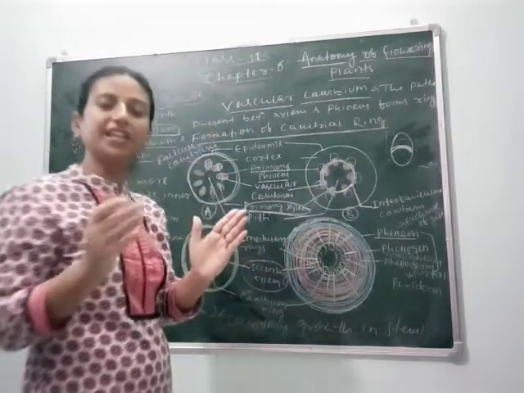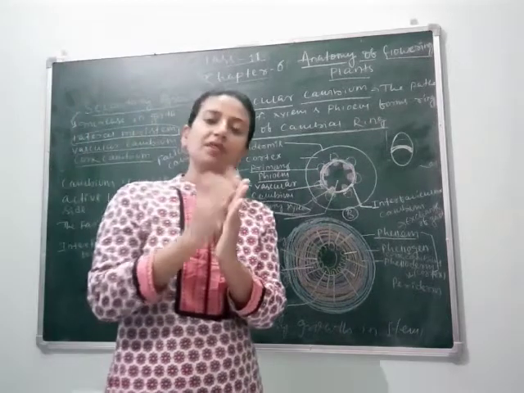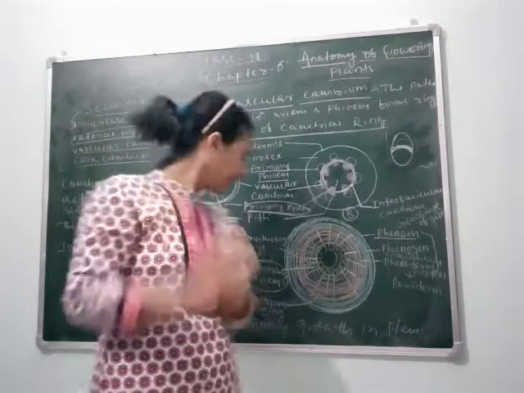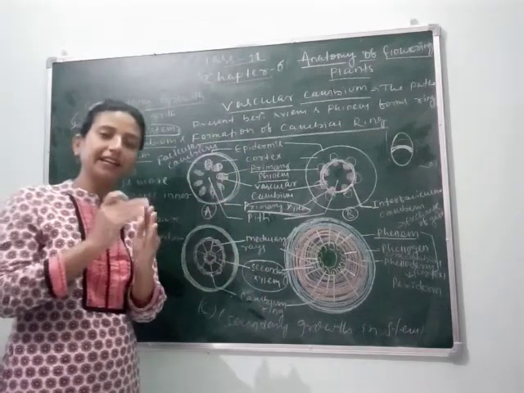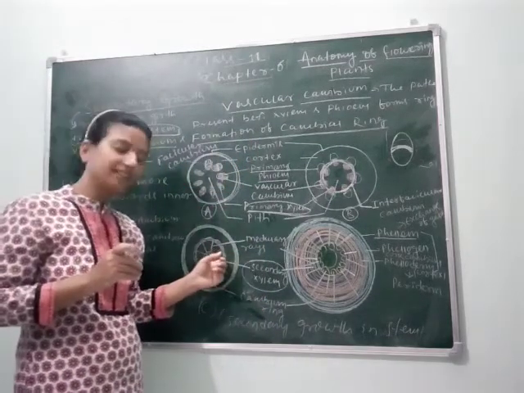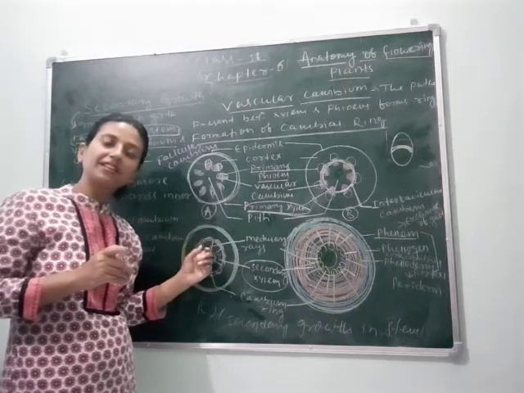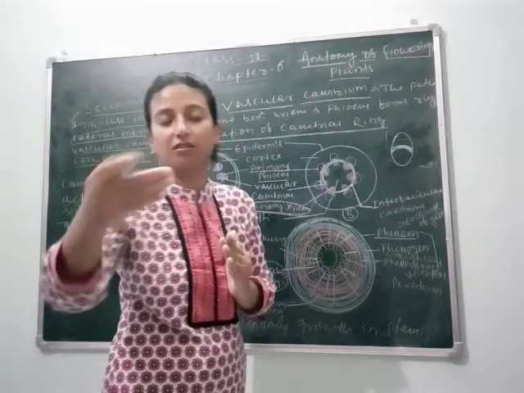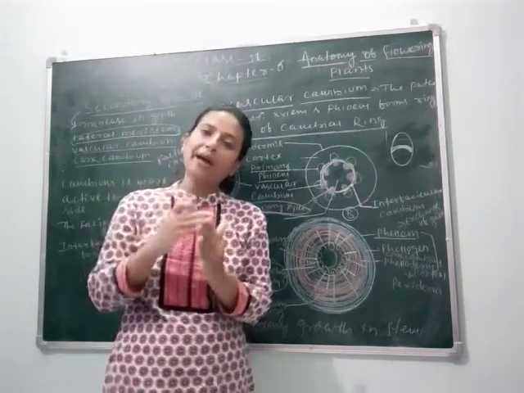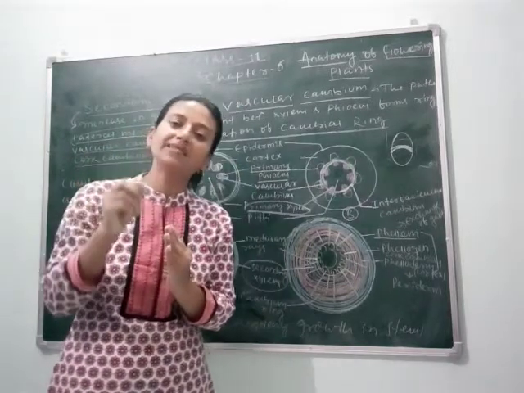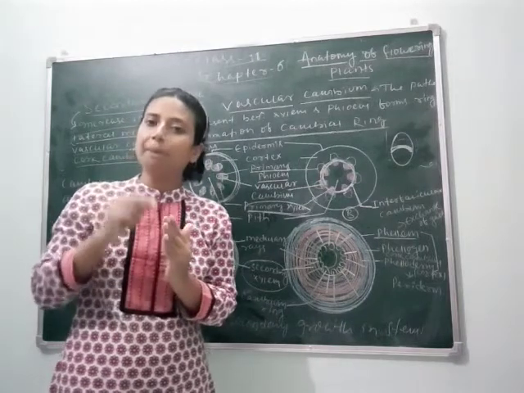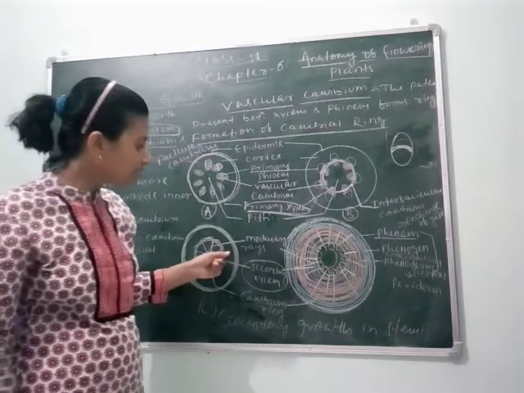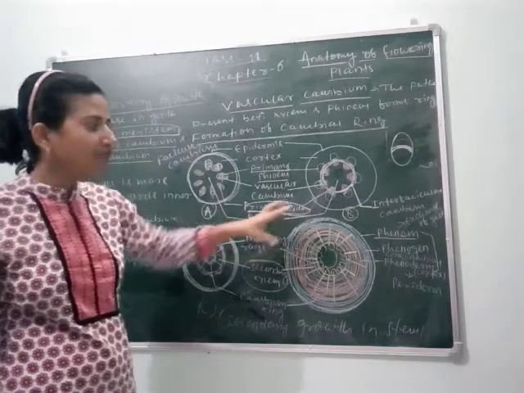After formation of the ring, the primary xylem and phloem have no more activity. The primary xylem gets converted into secondary xylem here, and after formation of secondary xylem, some parts of it go towards the center and some parts go towards the periphery. The part towards the periphery has less meristematic activity, but the part towards the pith or center has more meristematic activity, due to which it divides rapidly and forms the cambial ring.